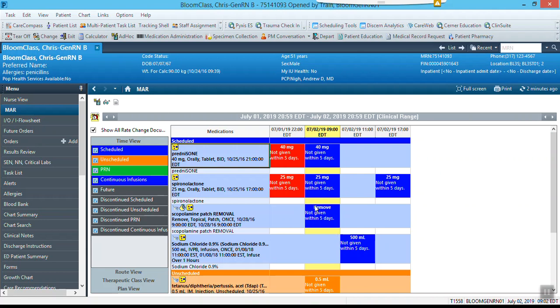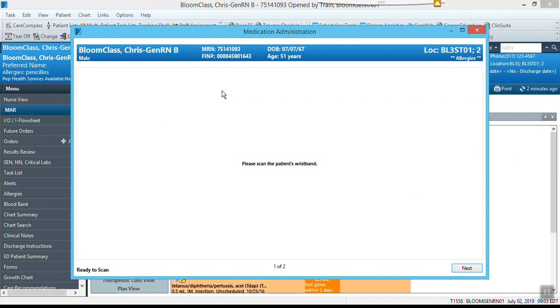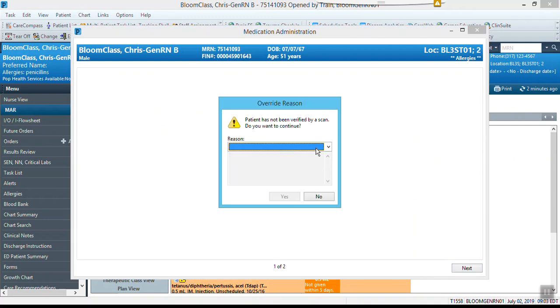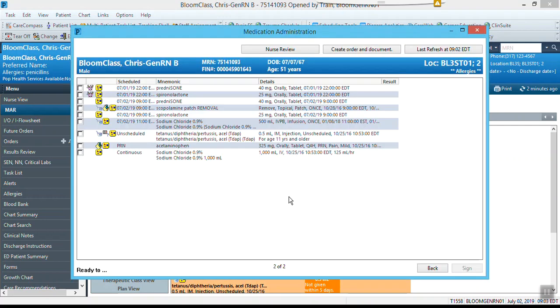or that it's a regular order. To administer a medication, I actually go to the medication administration button at the very top, and when I do that, it pops up this screen. Now you will always scan the patient's armband. I do not have an armband to scan, so I will be bypassing that,